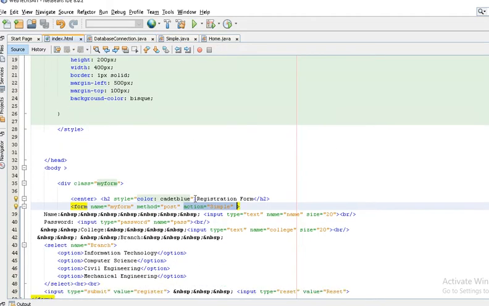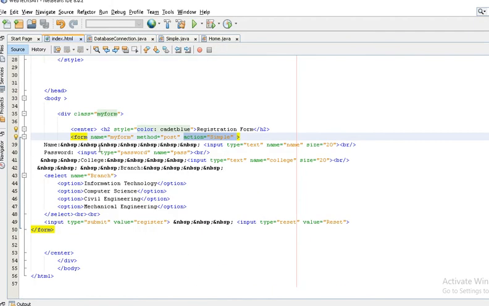In the index page, in the form, I'm using four fields. One is name, the first field. The second one is pass. The third one is college, and the fourth one is branch.